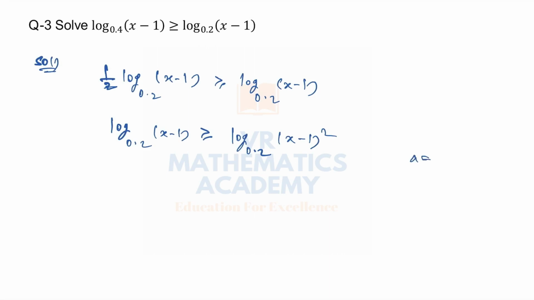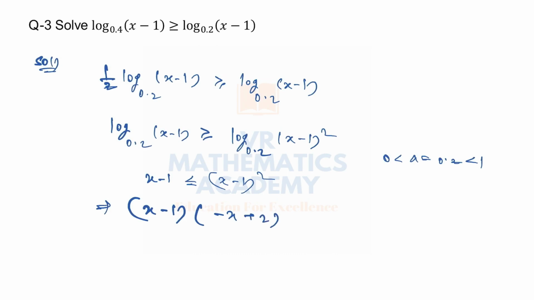But here the base is 0.2, which is less than 1 and greater than 0. So that's why x minus 1 will be less than or equal to (x minus 1) whole square. So when x minus 1 is less than or equal to (x minus 1) whole square, it can be written as (x minus 1), and in the bracket it will be minus x plus 2, less than or equal to 0,